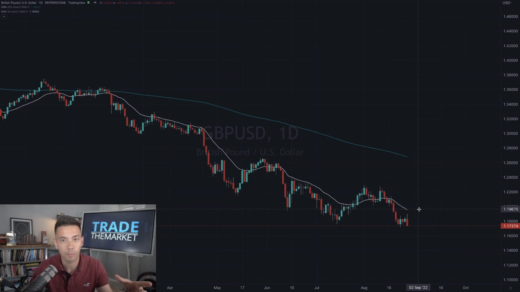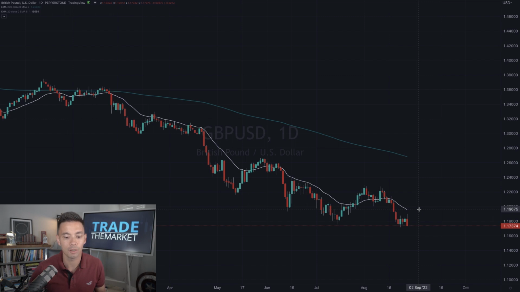If it doesn't move immediately in your direction and you're trading at a key level, then there's something kind of wrong with the trade. And you need to take a bit of a step back and say to yourself, well, is this the same trade? The reasons I got into this trade, are they still there?